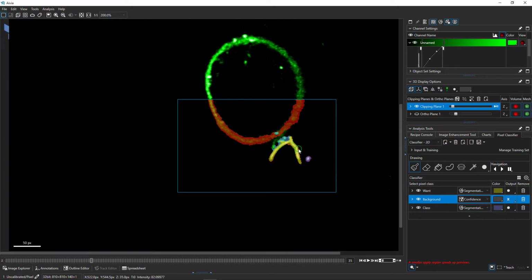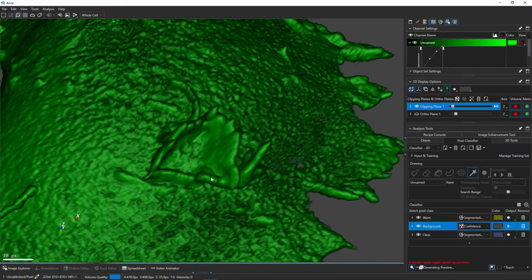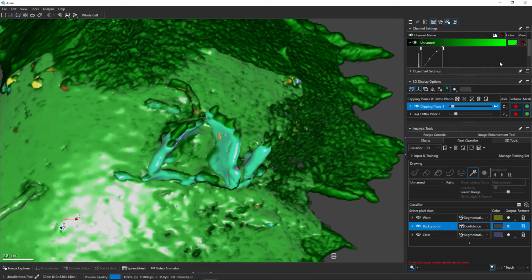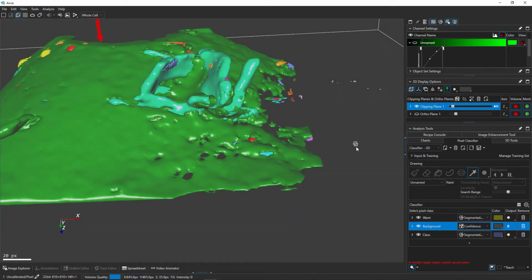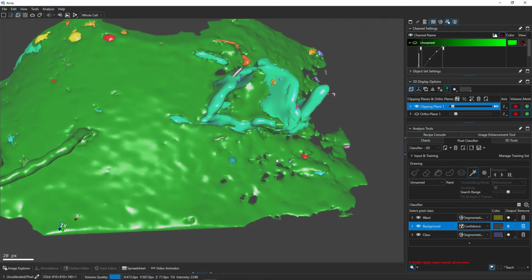So just this part is going to be previewed in 3D. I can come to 3D, and now we should see this as a 3D mesh coming up, as well as a part of the cell being rendered as a 3D mesh. So we're generating a preview right now. Okay, that's done. And you can see the structure has been detected